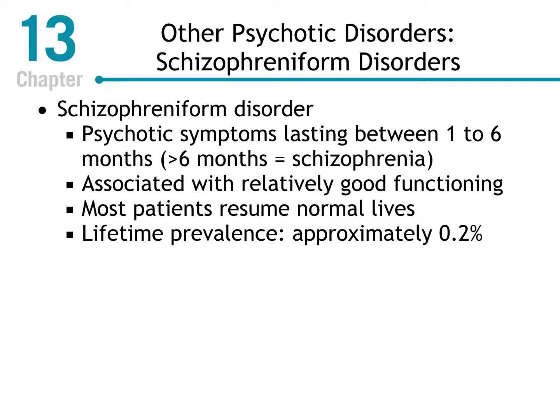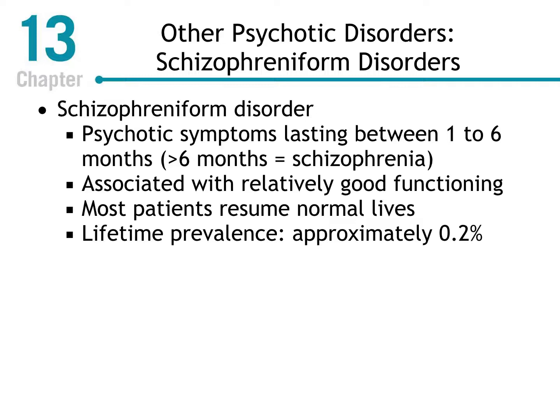So, with the schizophrenia spectrum and other psychotic disorders, you always want to know how long the symptoms have persisted, because that can make the difference between what you're diagnosing, and it can have a huge difference in prognosis for the person as well, which is why we want to be careful to accurately diagnose.